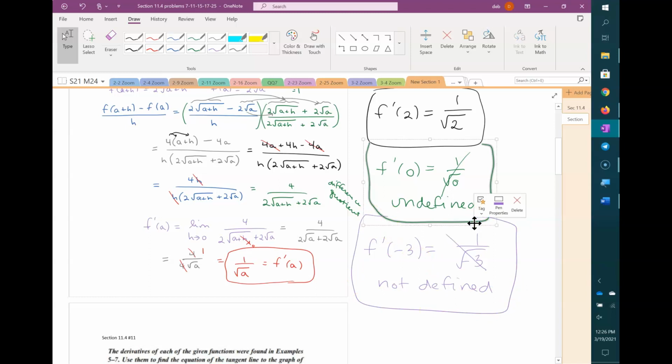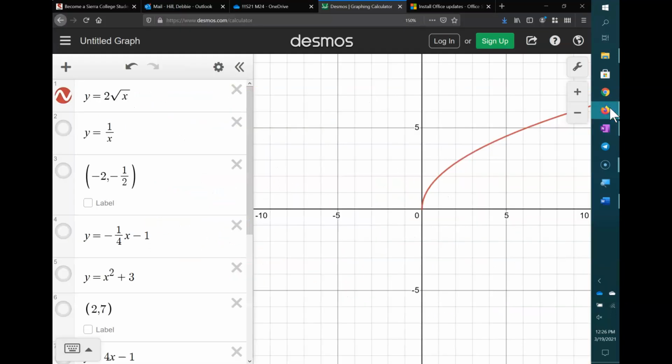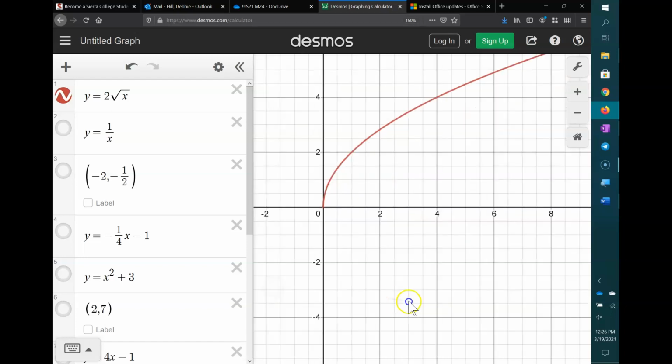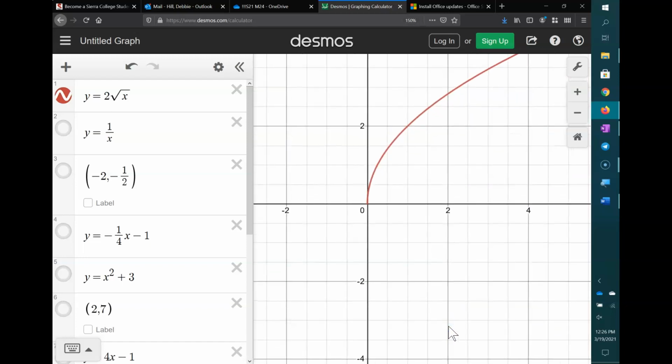So if we look at the graph, it can just be really helpful to have the visual of the graph. Here's the graph of 2 times the square root of x. When we're at x equals 2, everything's nice. We can find a number. We get the slope of the tangent line. All is good. But when x equals 0, the function is diving and becoming vertical right at 0, and a